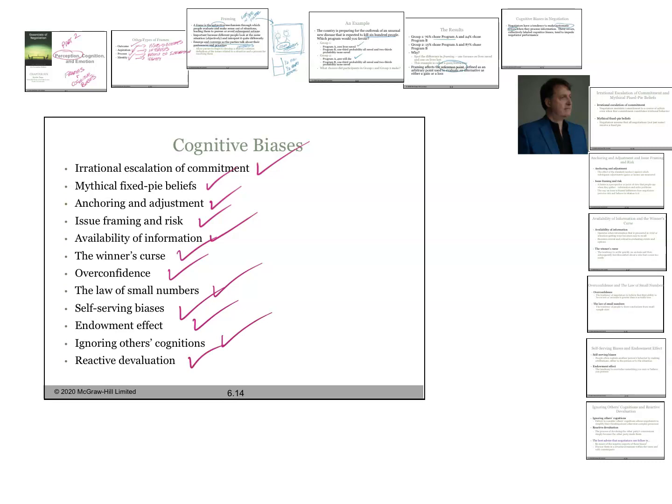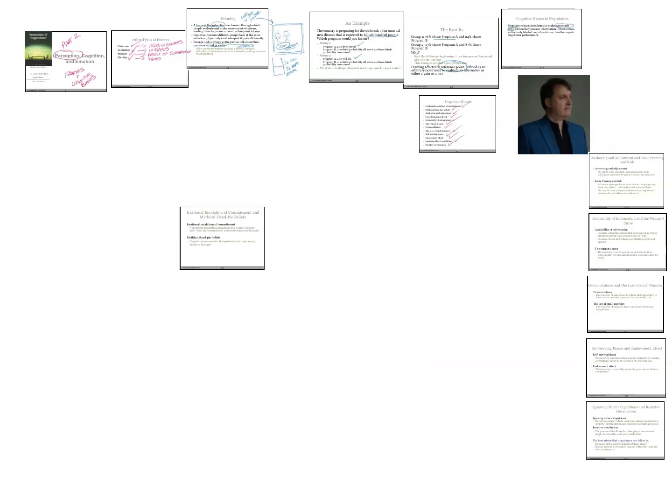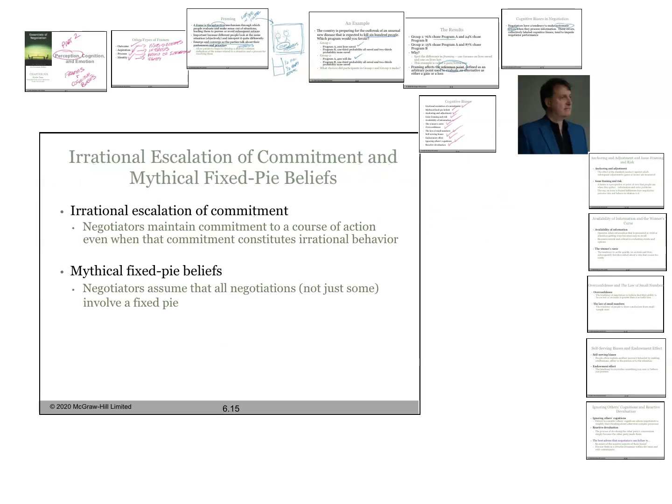So we're going to go through and explain all 12, and for each one we're going to provide a brief example. But don't be concerned, this is not going to take a lot of time. We're just going to clearly explain it and provide an example that hopefully brings it to life for you. So let's begin. The first 2 we're going to look at are irrational escalation of commitment and mythical fixed pie